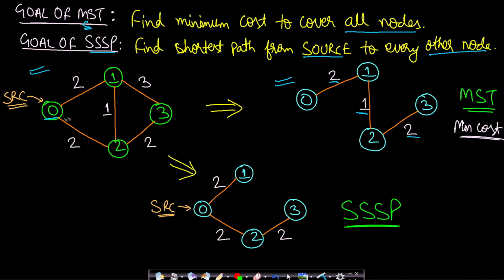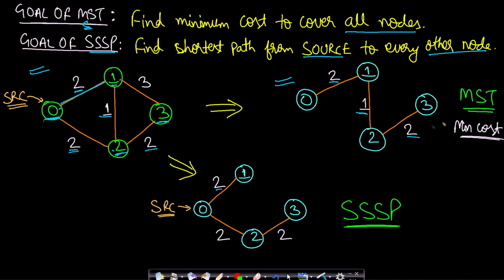Now if you try to find the single source shortest path graph starting from this source node, then from this source node the minimum distance to 1 is using this edge, which is of weight 2. Okay, now the minimum distance to 2 is through this edge, which is 2. Now we cannot go through this node 1 to 2 because the weight will be 2 plus 1, which will be 3. Okay, which is larger. Now similarly in order to reach 3 from 0, the shortest path is through this 2. Okay, which is equal to 2 plus 2, 4. So this is our single source shortest path graph.